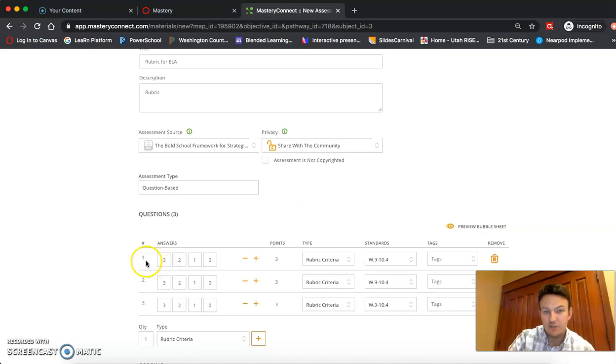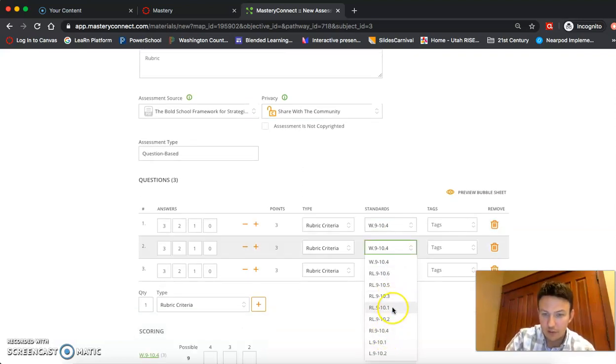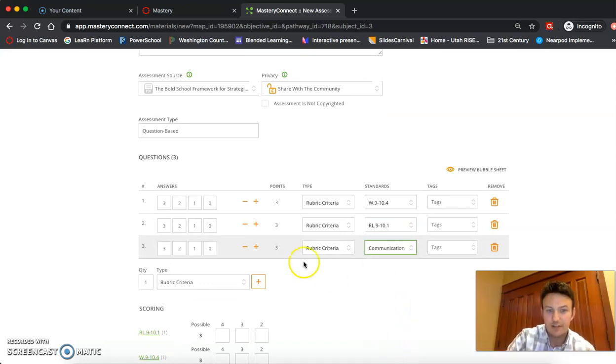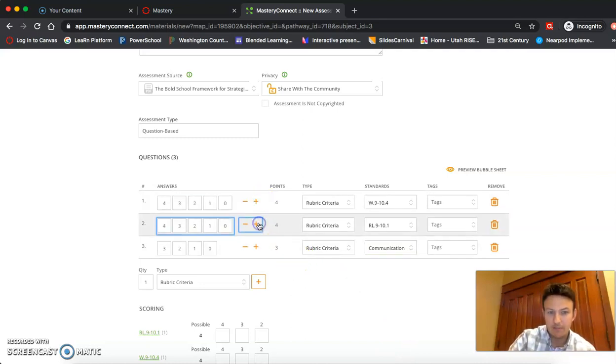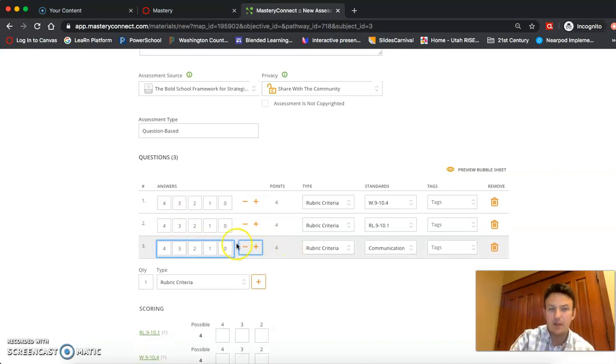Now it gives me the 3 criteria. Allows me to align those to different standards because I chose multiple standard. A single standard assessment would just give all the same. And so I'm going to align one to writing, one to this reading standard, and then one to an essential skill under communication. Okay, so I have those 3 standards of what I'm going to assess here. Maybe I can make them all out of 4. I can change them to all be different if I like, but I'm going to have them all be out